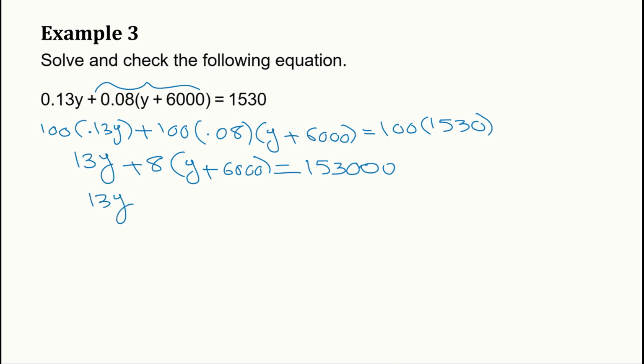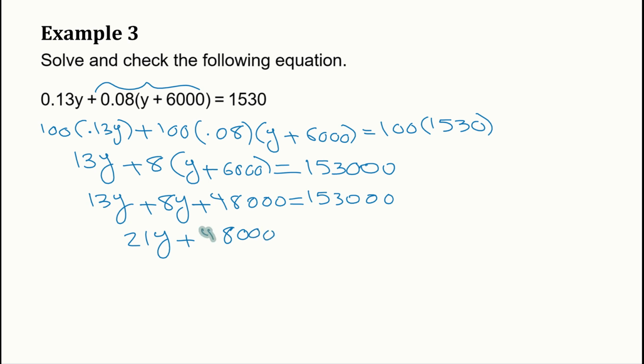Remember, we're doing the same 3 steps. Simplify, separate, solve, right? So plus 8y plus 8 times 6,000 is, of course, 48,000 equals 153,000. So now we'll continue with our simplifying phase, and we're going to combine the 13y and the 8y, so we get 21y plus 48,000 equals